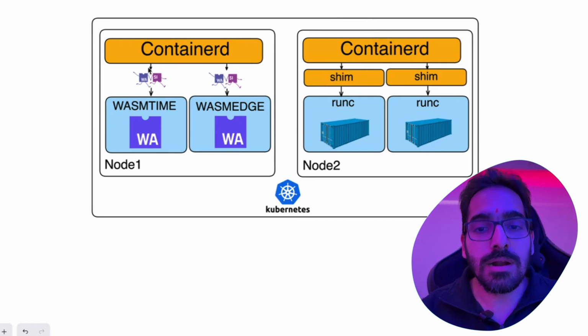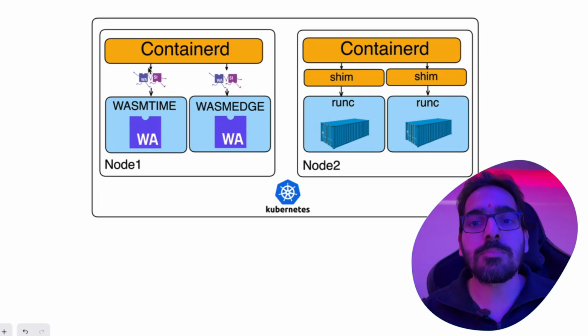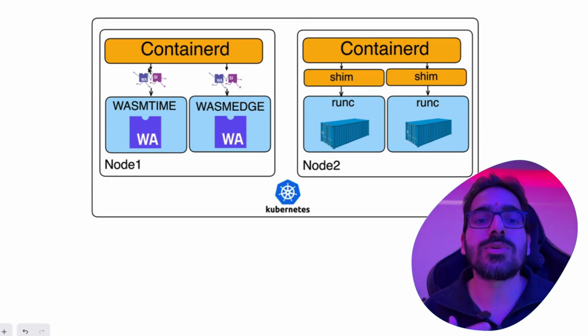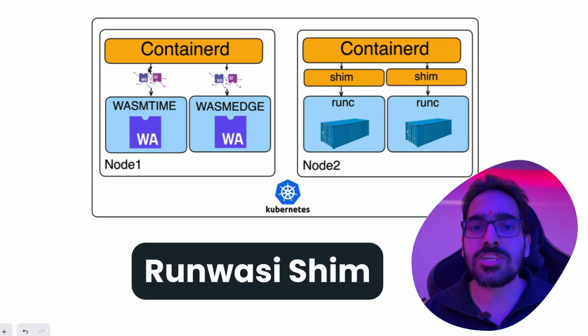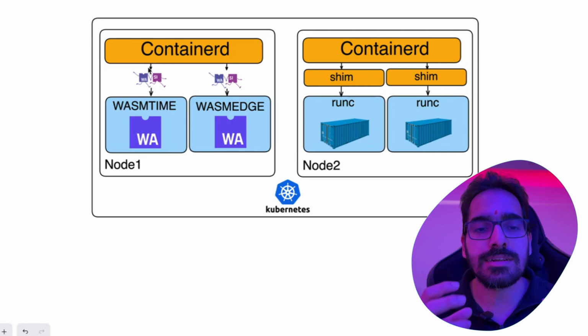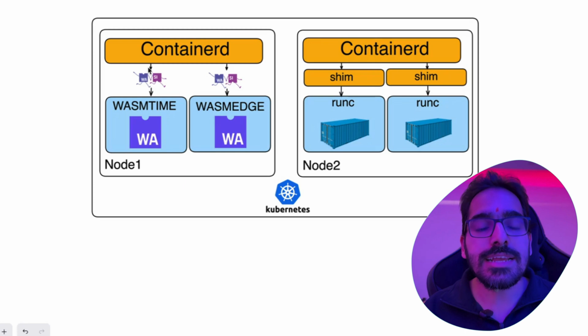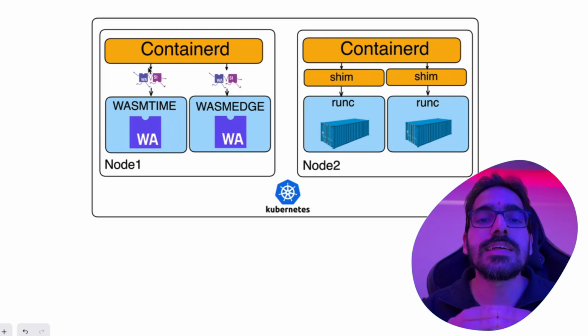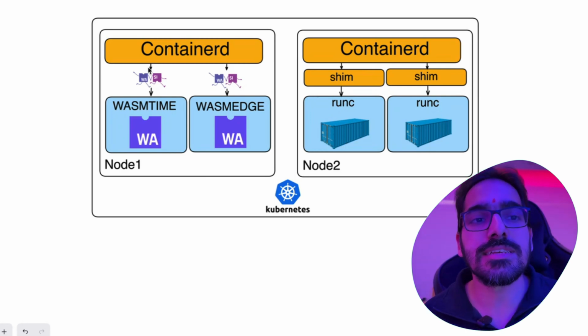running the workload. But you can swap the shims. This makes the whole approach more modular and flexible so that you can target different container runtimes. So you can have containerd and you can swap the shim. For example, there is a project called runwasi shim that lets you run WebAssembly workloads. If you have the WebAssembly runtime and the shim, then you will be able to target that using the runtime class. So this is the need for the runtime class, and it is very important from the Kubernetes CKS perspective